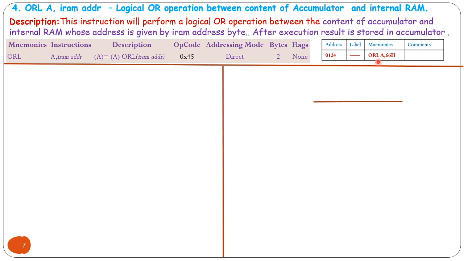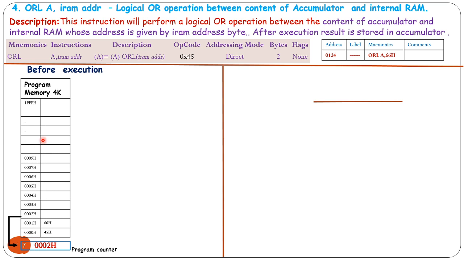This instruction has the mnemonic ORL A comma 66H. So this operation code is stored in program memory before execution. In this program memory, the first address is for the operation code, and the second address is for the content of the random access memory address 66H.